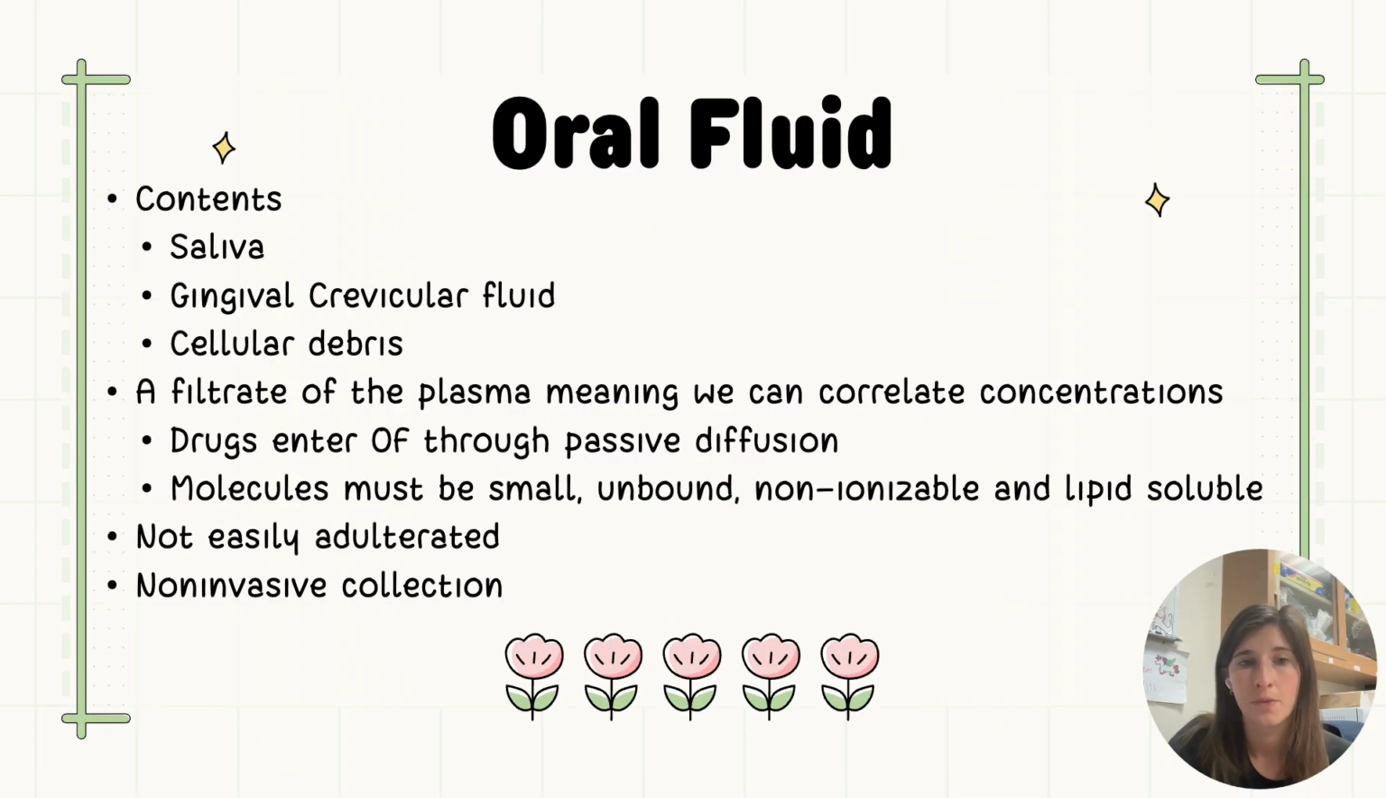Next, we have oral fluid. Oral fluid contains saliva, gingival crevicular fluid, and cellular debris. Oral fluid is a filtrate of blood plasma, meaning that we actually are able to correlate the concentration of drugs in oral fluid. So this can give us a snapshot into how high the concentration of the drug is in a person's system at the time the oral fluid is taken, and then could be used to calculate the levels of the drug in the person's system